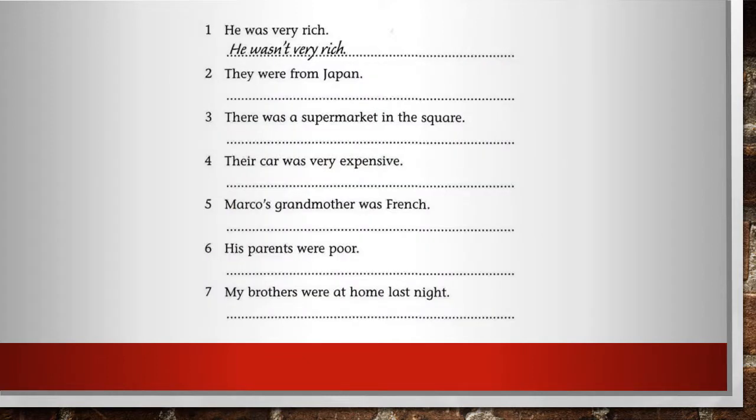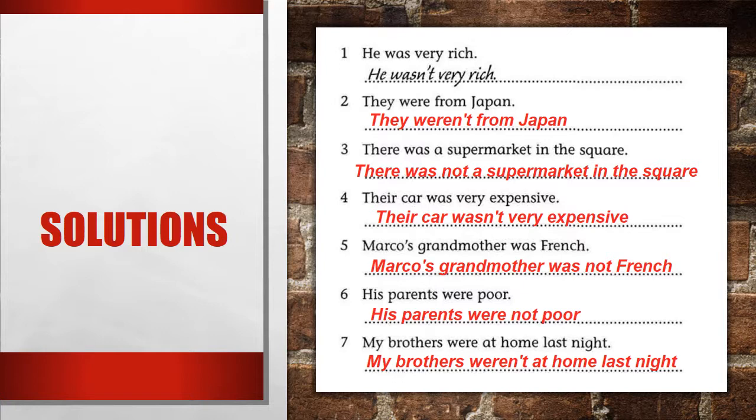Well, to finish this video, let's practice a little bit. So here we have a bunch of sentences in past with verb to be. What we need to do is make them negative. So let's pause the video and see how you make these sentences negative. Well, class,